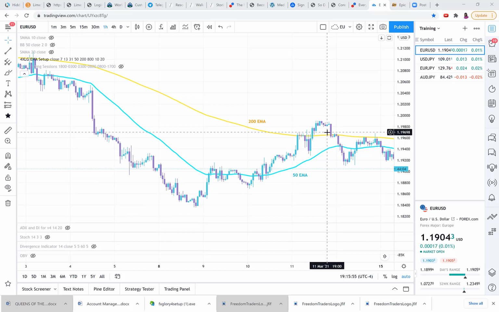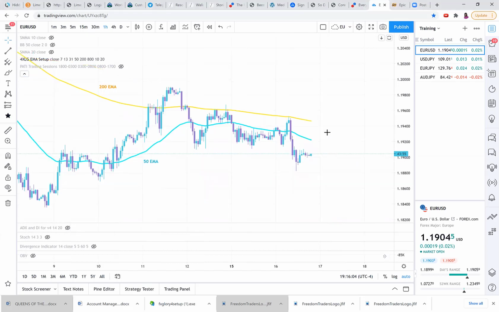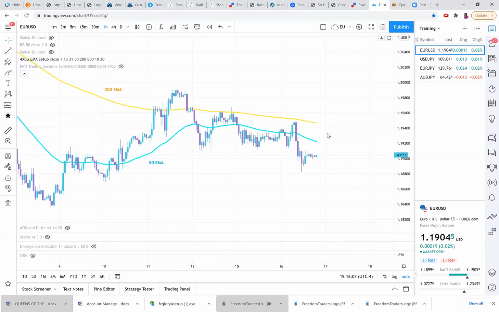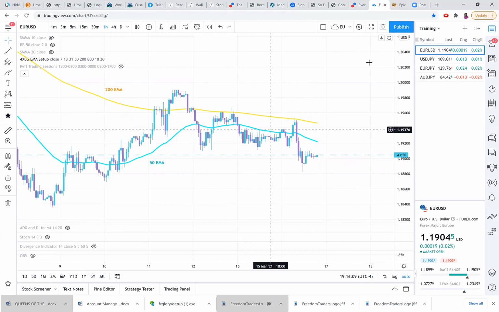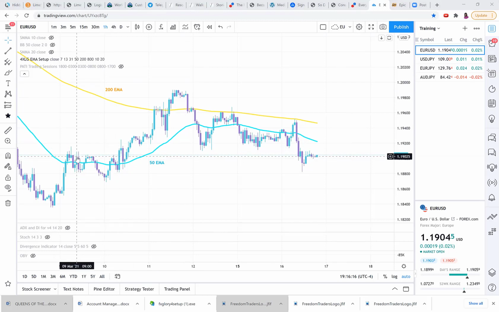Let's look at price. Is price above the 50, meaning we're in an uptrend and we're looking for buys? Or is price under the 50? And in that case, we would be looking for sales. Now, let's look at current price right now with Euro USD. So in this area, you can see that the 50 practically all day has been kind of climbing through the candles. We had a little bit of an uptrend here, but for the last few hours,